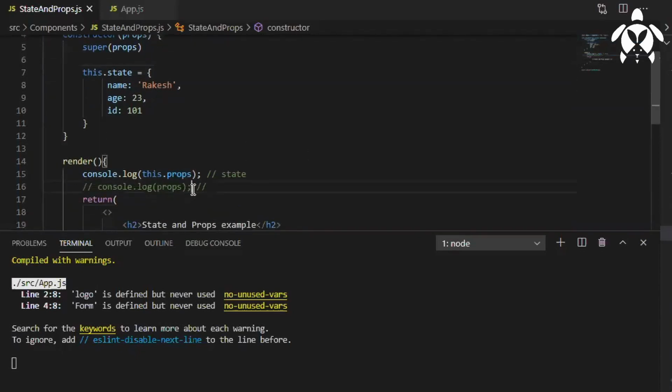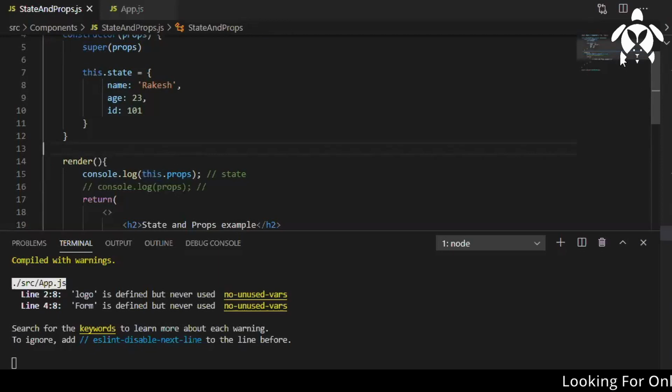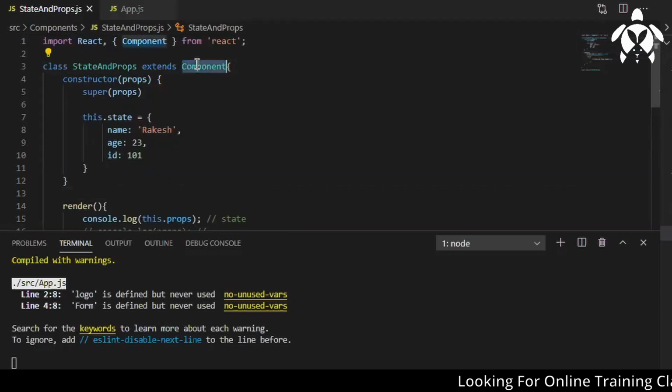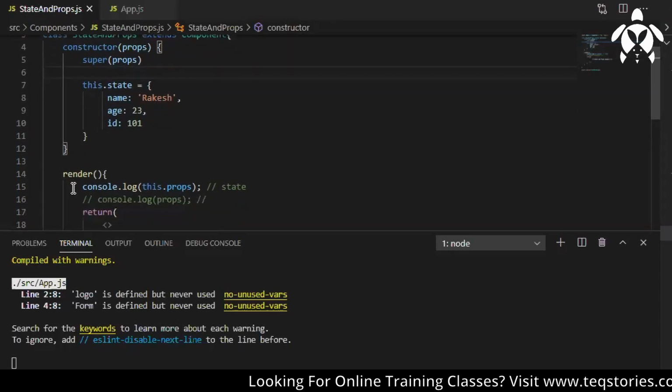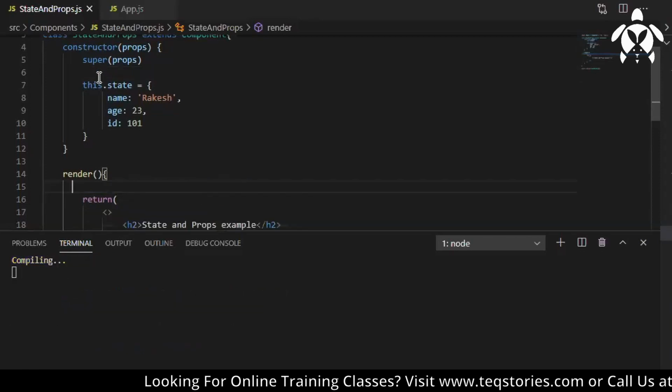But here when you try to do this.props, this would give you not defined, right? So you may have to destructure them and then use them. Okay, so why I was showing this, because we can use them in the other component while we are sharing the data from parent to child, and that child will have the properties of a base class. So like that only I was showing how we can have the properties of a base class in components. So it was giving you an empty object, which has nothing inside it.